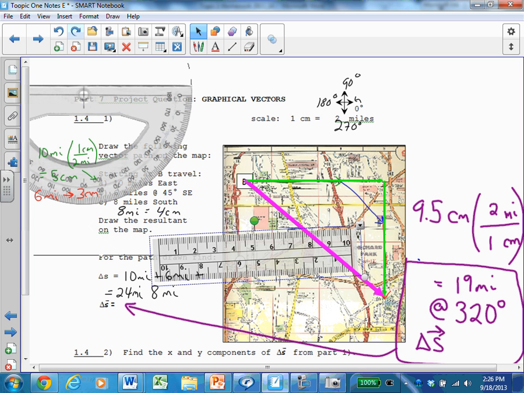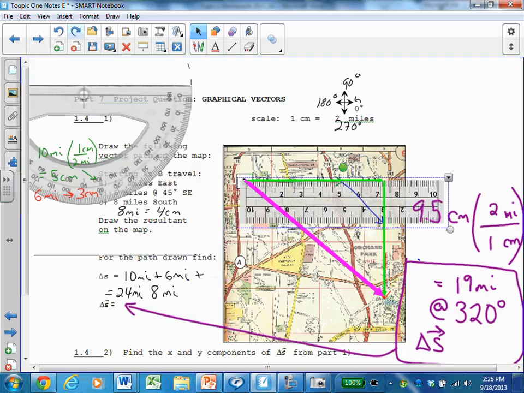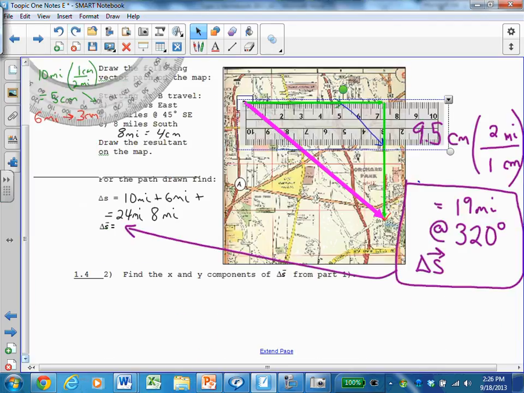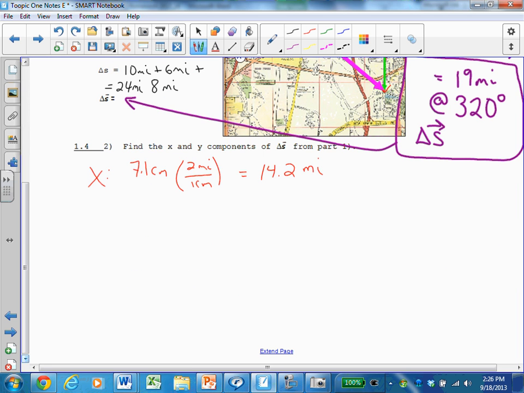And when I measure it, I get 7.1 centimeters, which will be, since 1 centimeter is 2 miles, that's for the x, I get 14.2 miles. And then for the y component,